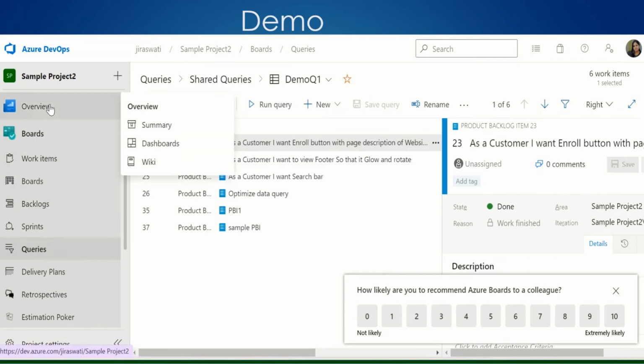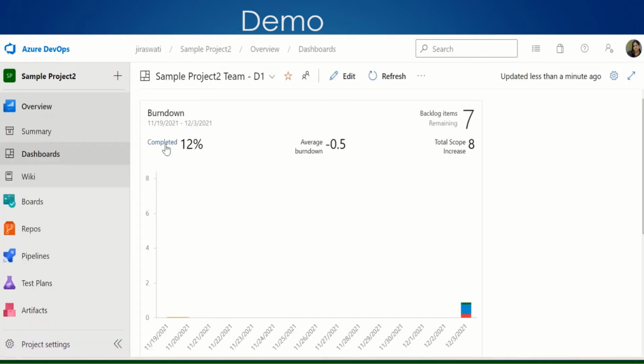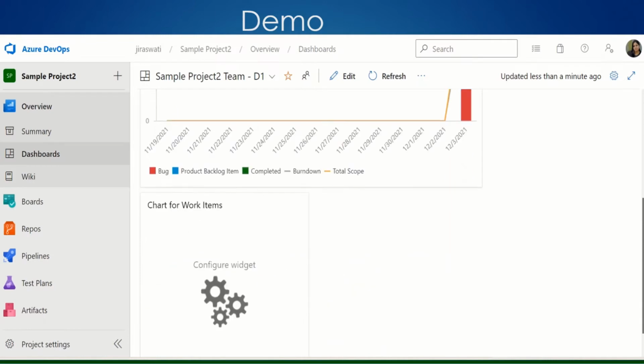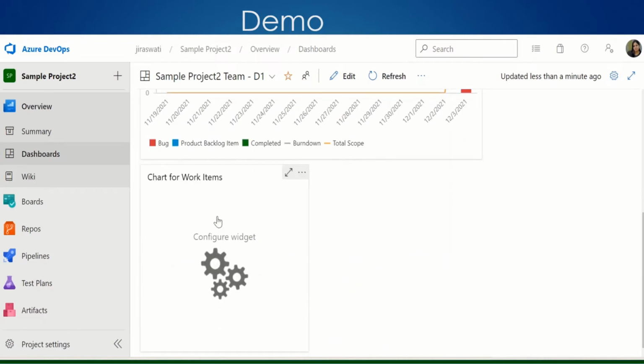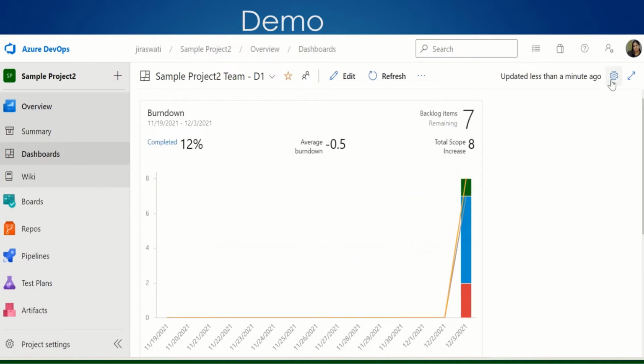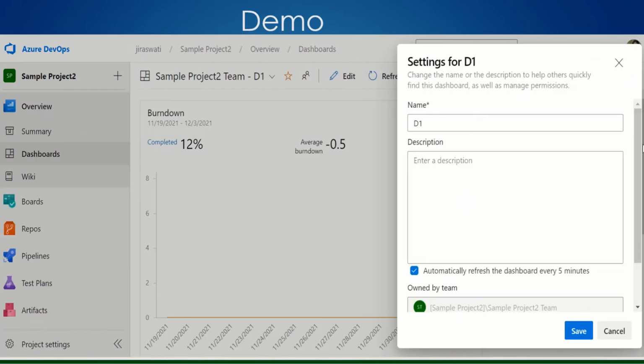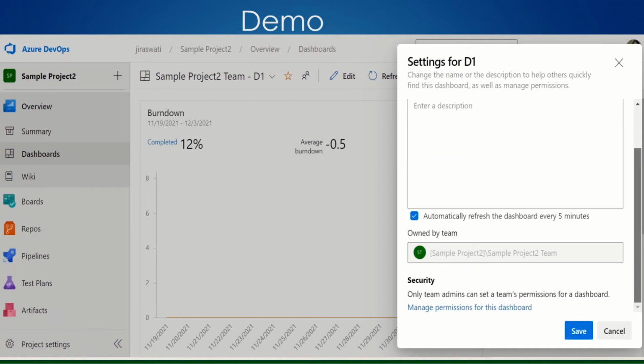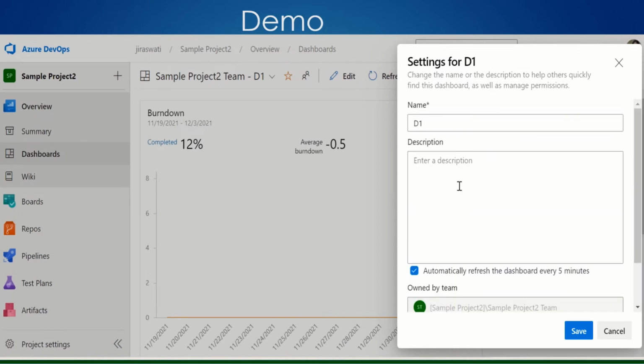Now we'll go to dashboard. See, when you click on overview, you'll get an option for dashboard. Click here, dashboard. We have just clicked on the add button for the charts of work item. That's why it is here. Let's add something more. You can do plus minus, and you can manage the dashboard settings definitely. What we have created is based on the team project, or it is automatically getting refreshed. You can add the description, you can edit it, you can manage your dashboard.